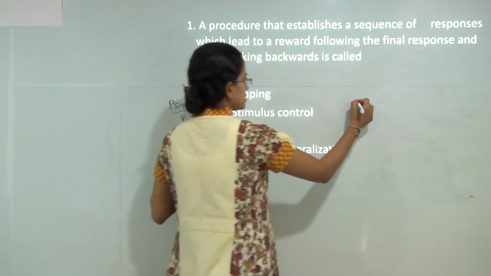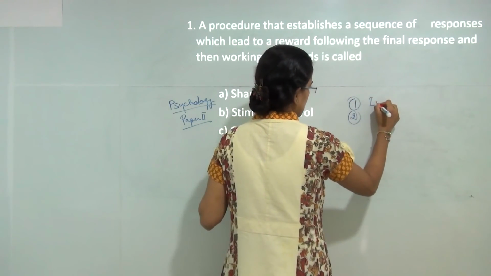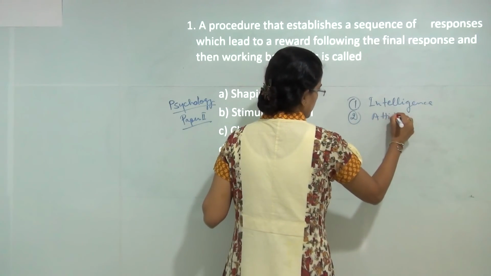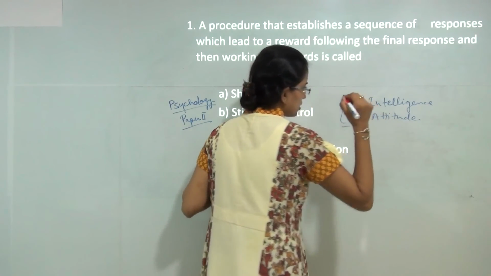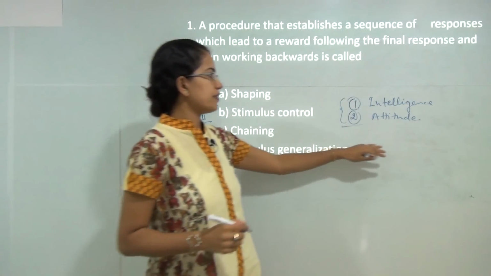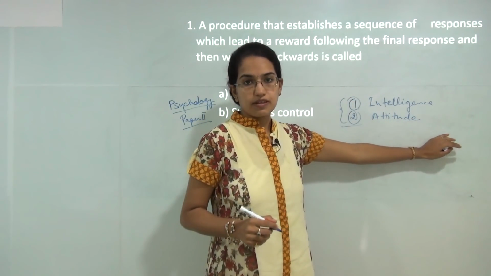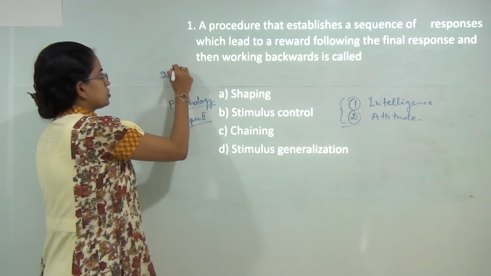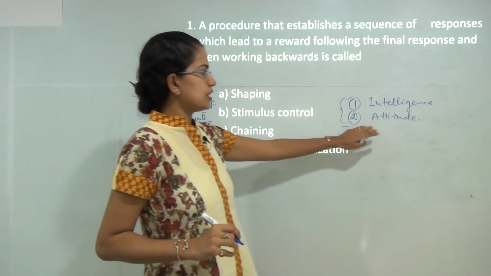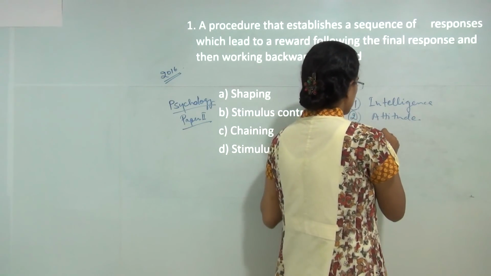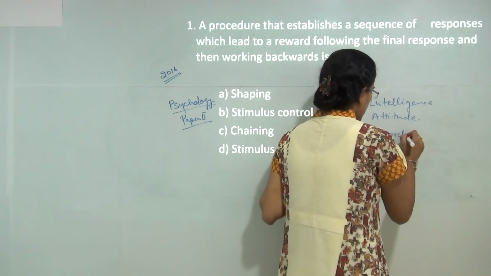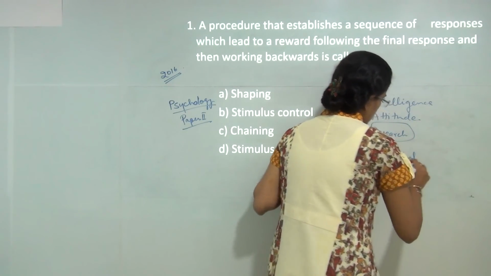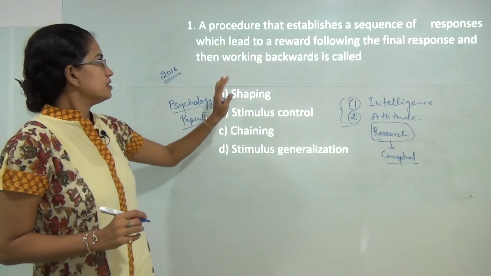First of all, there were numerous questions on these two topics. First is intelligence and second is attitude. And most of the questions on these topics were conceptual based. So if you are very clear about these topics, you can score pretty well in paper 2, especially for July 2016. Questions related to research aptitude or research methodologies, I could say, were also there, and these questions were highly conceptual. Okay, now let's start with the first question.